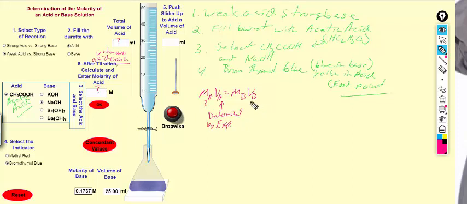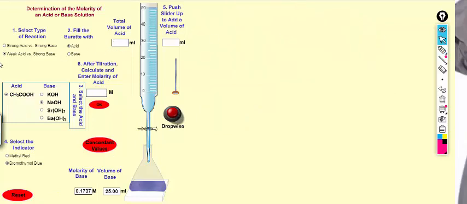And the molarity of the base, the volume of the base will be given to you. Now this should be the same for each titration so long as you select concordant values, right? Do not hit reset or you're going to end up having to start all over again. So just to give you an idea how this works, and you can play around with this yourself,